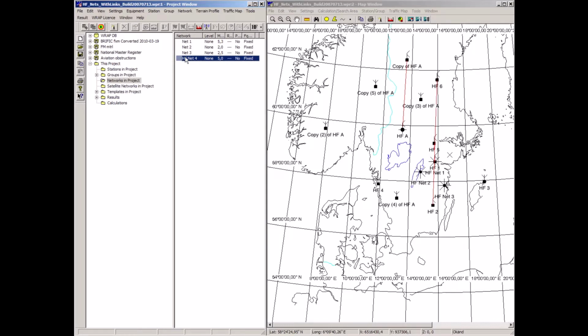Then, having shown a quick demonstration of the ionospheric prediction there, we will now continue to prepare the frequency plans that these networks are allowed to make use of. And as a preparation for that, we ran the Spectrum Allocation Manager, RAP SAM, to prepare a list of frequencies that